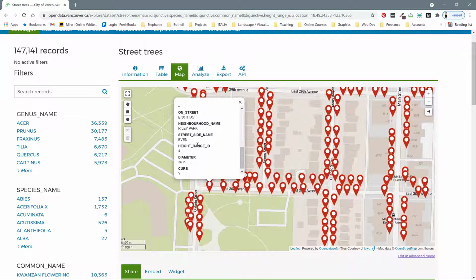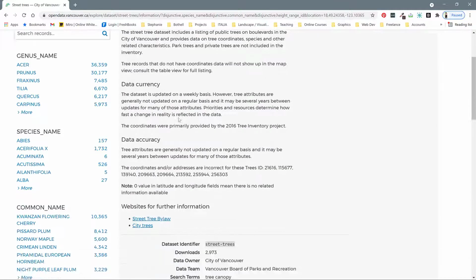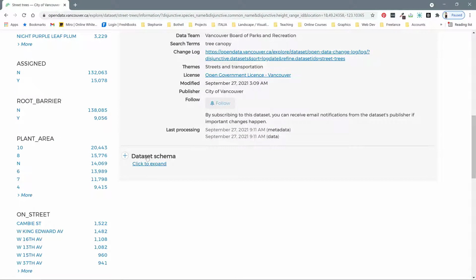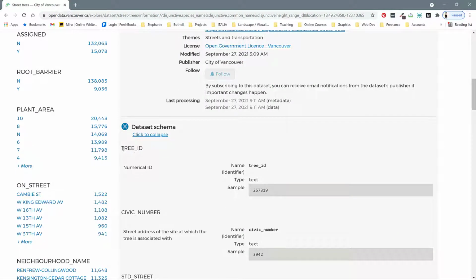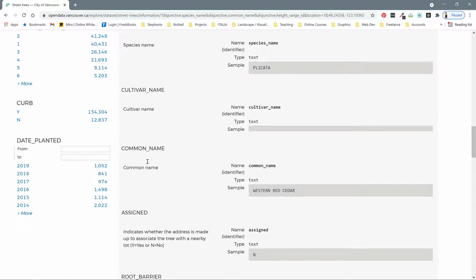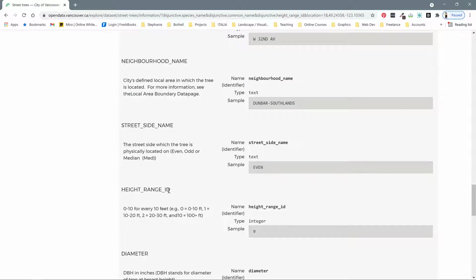Whenever you want to get more information about the data sets that you're looking at, you can go over to the information tablet over here. And if you scroll down at the bottom, it says dataset schema, and this will tell you what each of those identifiers refers to. So if I scroll down and I look for the height range ID, it tells me